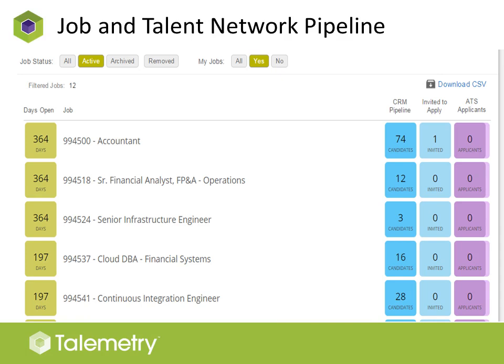And then on each job and talent network pipeline, we've talked a bit about the need to be relational and to build talent pipelines. Our customers are building pipelines either in aggregate, through a talent network that may not be specifically tied to a job, or they're building them around a job, or they're building a process that aggregates them first in a talent network or folder, and then pushes them to apply for jobs. So by doing this all through one platform that's integrated with the ATS, I might add, we're able to